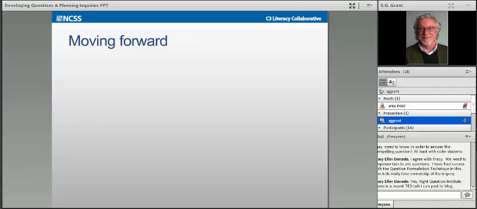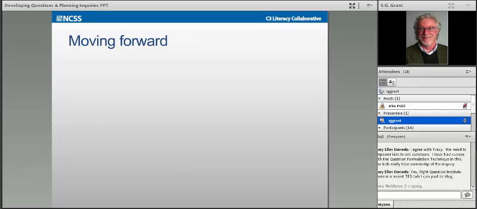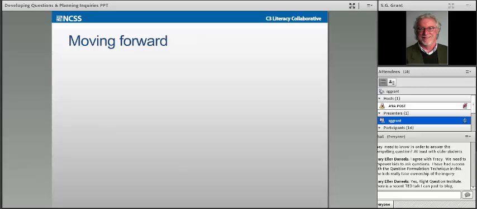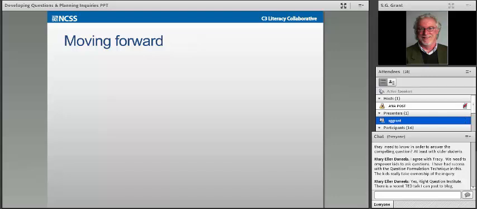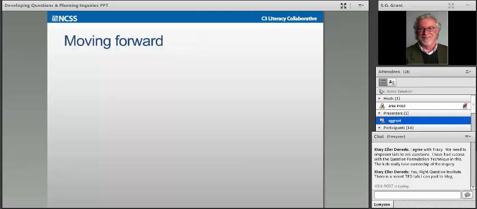All right, so our time is starting to wind down now. I wanted to offer a couple of things for you to think about, again, both tonight and as you start to think about doing your own work with the C3 framework and working with others. First of all, what are the goals or intentions that you have for utilizing questions as you plan your curriculum inquiries? How are your colleagues going to respond to that kind of idea? Are they going to embrace it, or are they just going to find it, as some may say, the sort of next new thing?